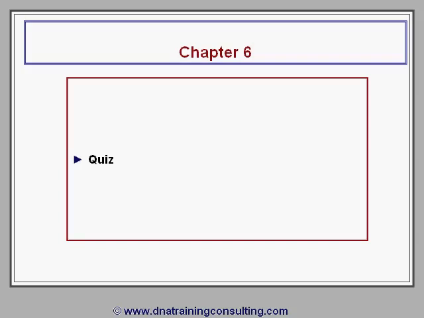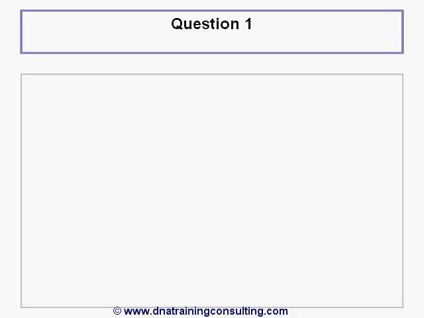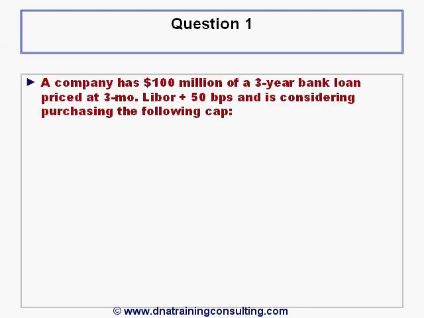This final chapter, Chapter 6, contains 6 quiz questions to test your understanding of the materials covered in this module. Question 1. A company has $100 million of a 3-year bank loan priced at 3-month LIBOR plus 50 basis points